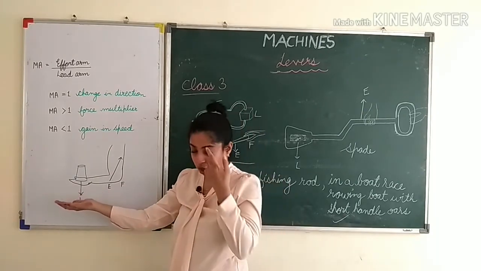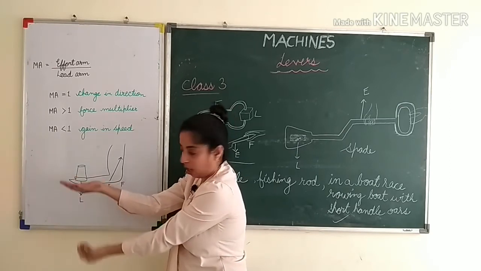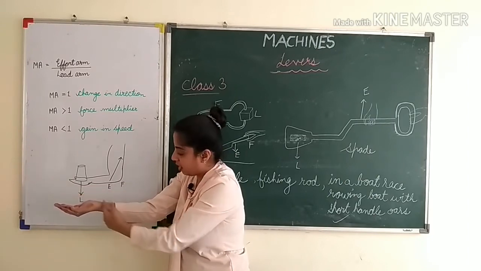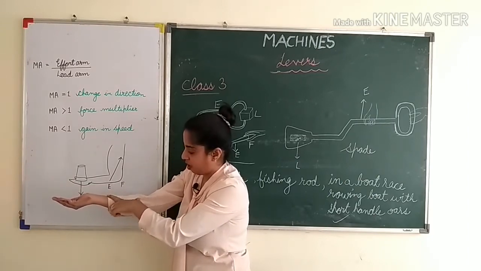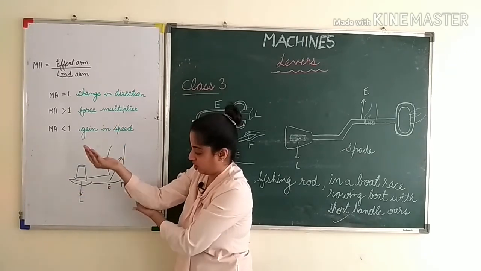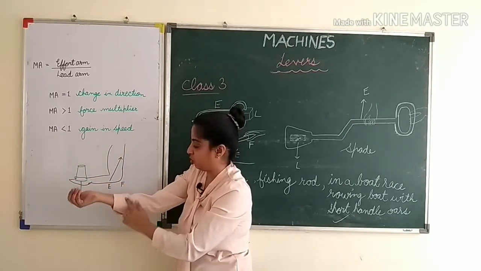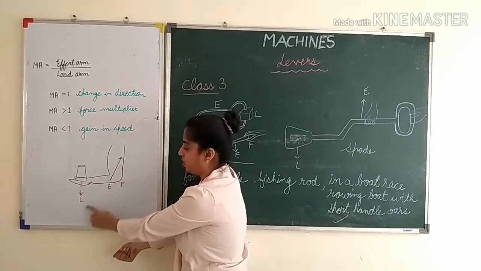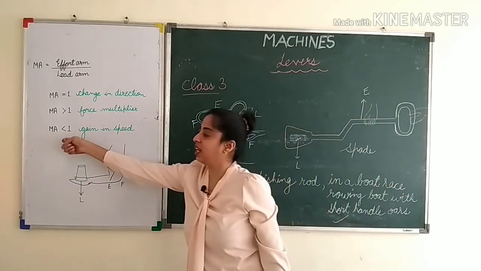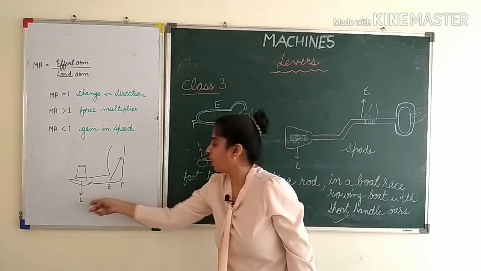Okay, now moving further, where it is used in our body to lift a load. So with the help of a forearm, when you are handling a load like this, okay, so the load will act down. Here the load is acting down. This is the fulcrum, okay, because here it is joining, and the muscles, okay, effort will be acted by these muscles. So he will lift the load like this. So this is the fulcrum where it moves, load acting downward, and these muscles are exerted. So effort is here, load is here, both are in opposite direction. In class 3, you should remember that mechanical advantage is always less than 1, okay, and effort is in between load and fulcrum.